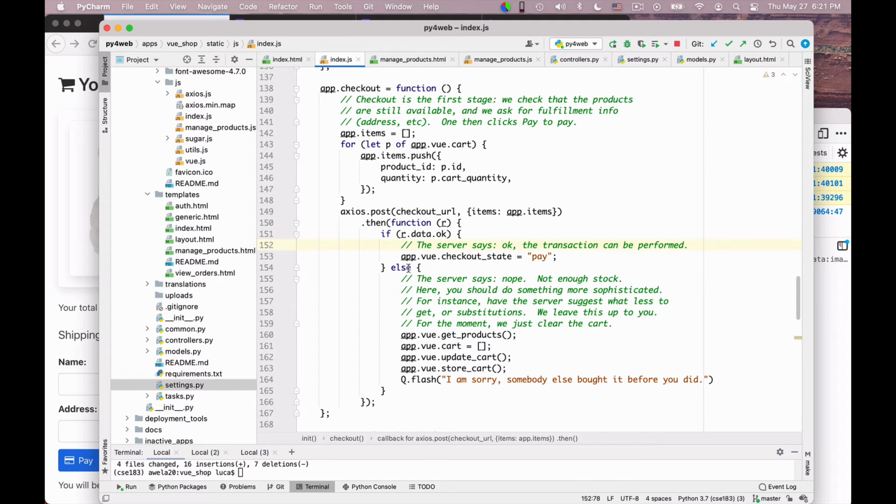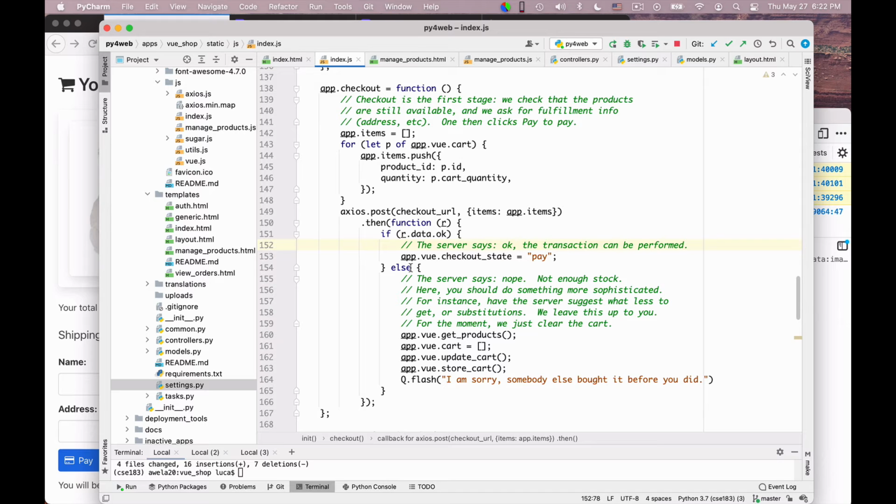If it's not okay, what you really should be doing is something smart. For example, you should give back some information. This is a product we could not find. We removed it from your cart. You can add additional products if you wish, or these are the replacements that we advise you to buy. You can give them purchasing advice, whatever you want. So the sophisticated solution can be implemented to your pleasure.